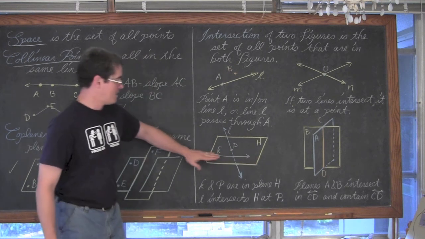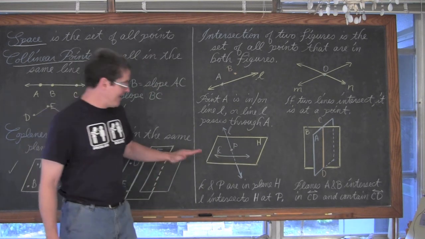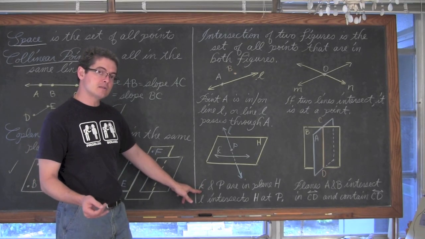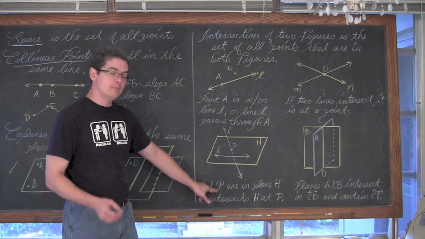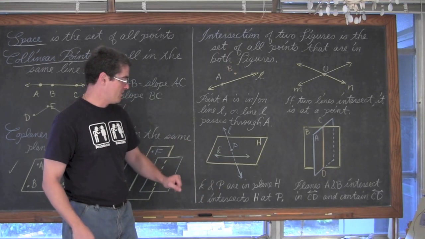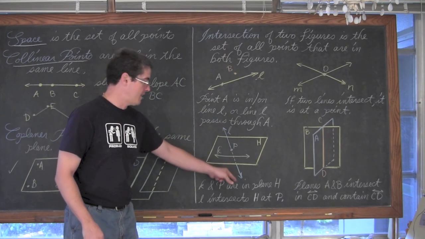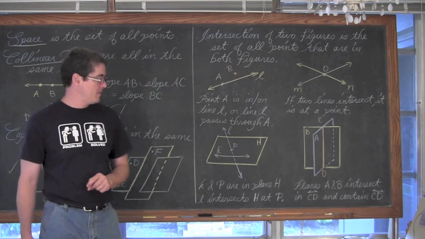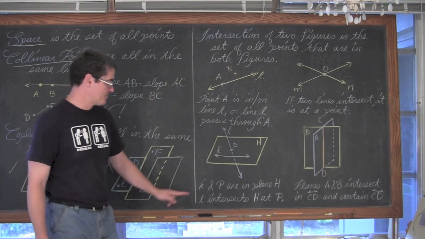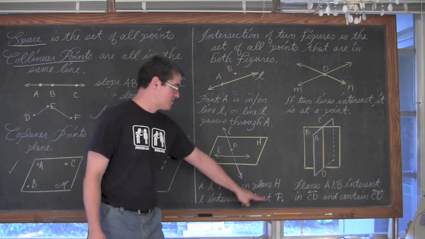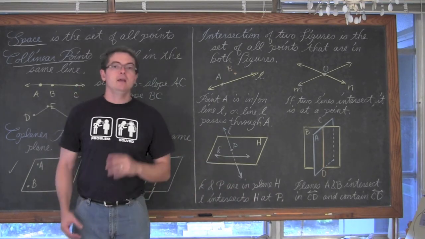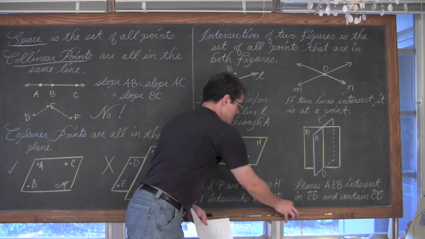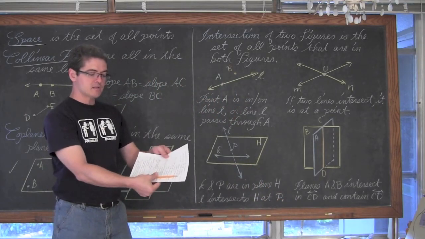And then we have this green line K, which we're going to draw as being in plane H. So we have line K, we know it's line K because it's lowercase, and capital P, so that's going to be a point P. We see it right here, that's the intersection point between the line and the plane H here. Lowercase k, line K and P are in plane H, and line L intersects H at P. This line K right now is in the plane. So again, let's see here, paper and my pencil. So this could be plane H, and my line is literally in it.